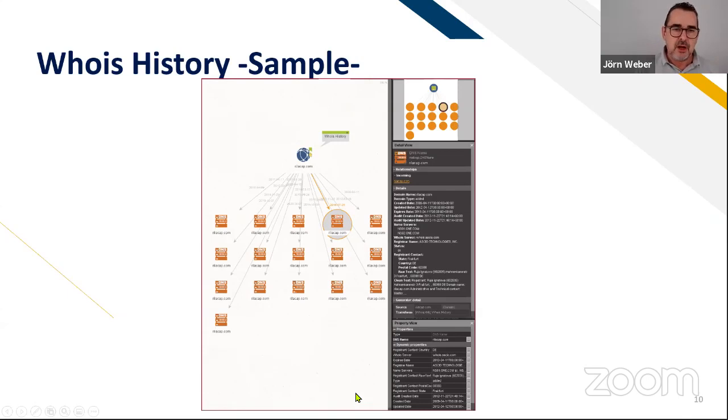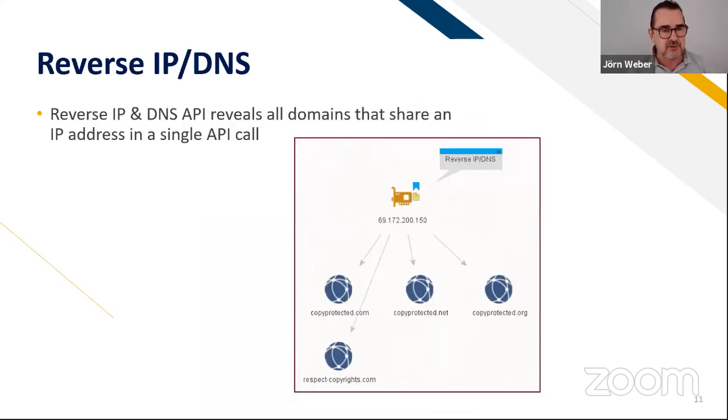And it's really only one click away, and that's what I like. If you are in the middle of your case and you think, okay, what can I do? What is on my list? I mean, Whois history is a must-have on all of my checklists for persons, for companies, and for other things. Whois history, when I have the domain, and reverse Whois, we come to that in a second, of course, if I need to know if there is a domain. These are the two most important things for me.